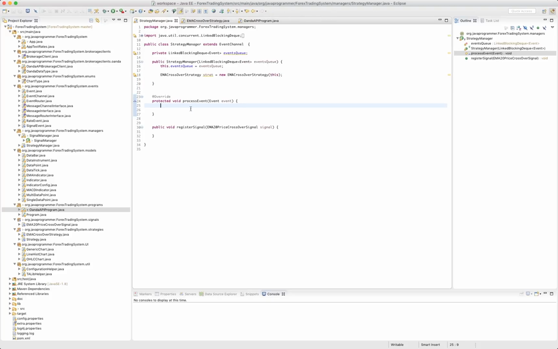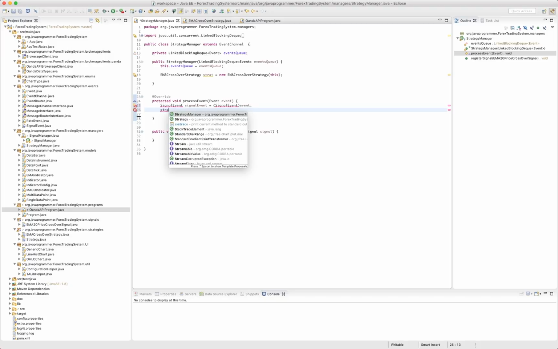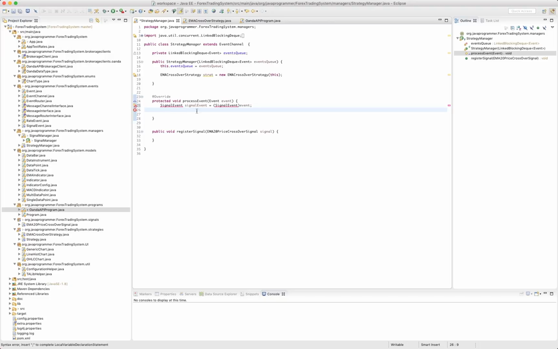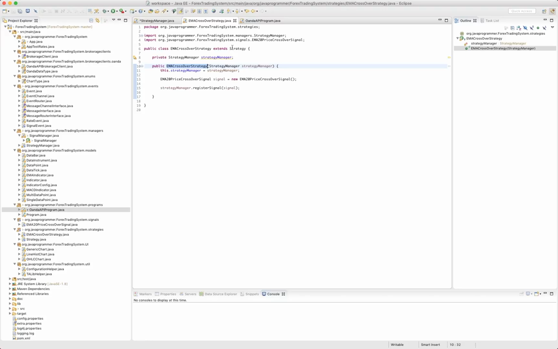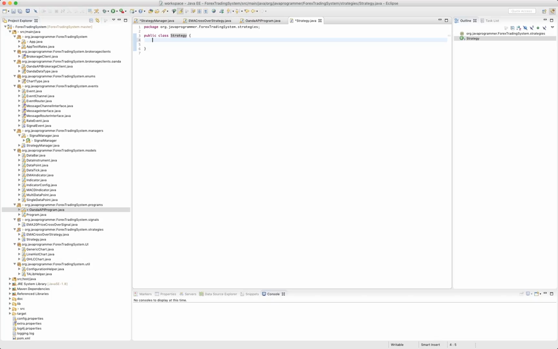So we need to take this event, signal event equals signal event, and then strat dot. A strategy is going to have a method for handling an event. So in here, this is going to be an abstract class. Probably could just make this an interface, but